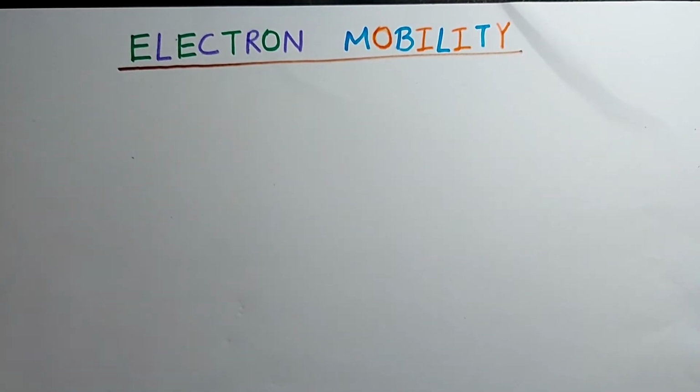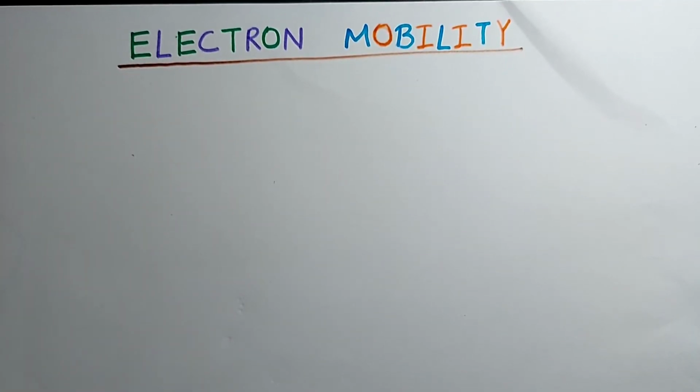Now we will start with our next topic, that is electron mobility. जैसे यहाँ वर्ड कह रहा है इलेक्ट्रॉन मोबिलिटी. What is mobility? Mobility is the freedom to move, and how much movement it can show, that is mobility. So we have to find what the mobility of an electron is, its definition and its expression in case of using drift velocity in concept.